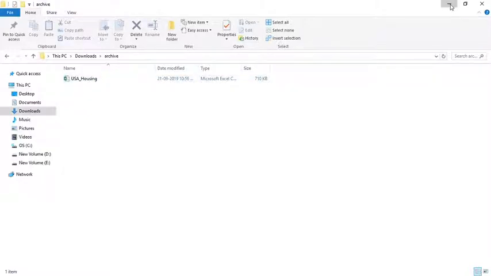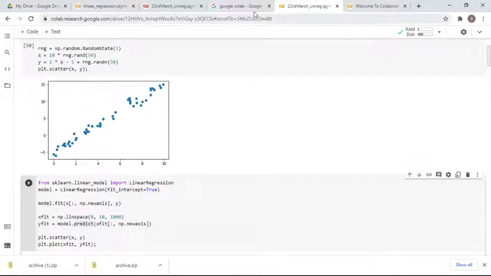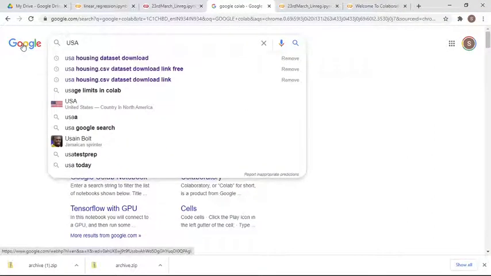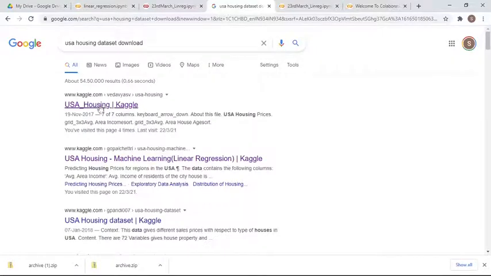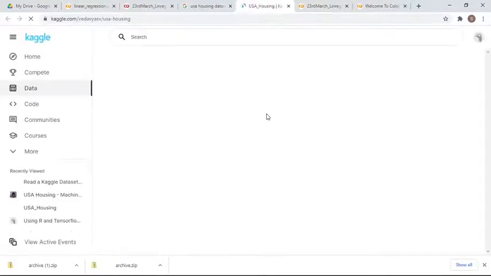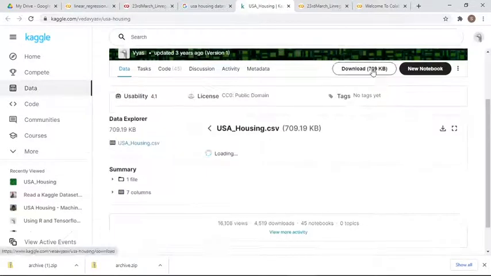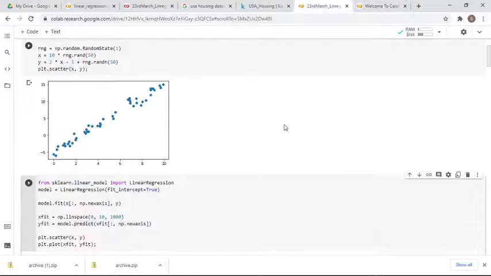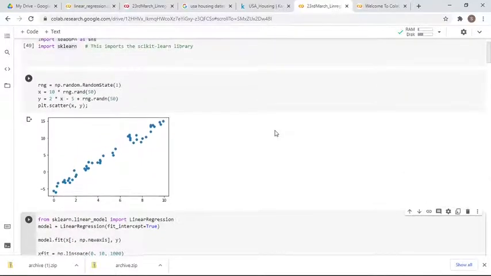If you type USA housing dataset, you'll get it on Kaggle. Okay, so on Kaggle you can directly go, and from there you can download this dataset. It will be downloaded to your desktop or wherever, and from there you have to upload this dataset to Google Drive first. Okay, I mean the drive where you are actually doing this machine learning programming.